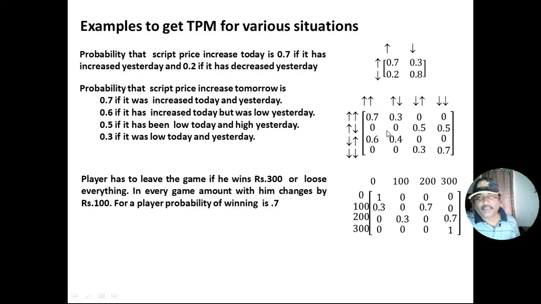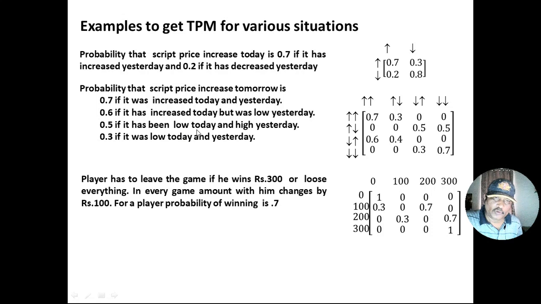And now here again the values are 0 because they refer to the share price decreasing today, whereas the share price is not decreasing today. We are talking about the share price increasing today. So in the columns which are related to the share price decreasing today, you have to write 0. Now the third row,